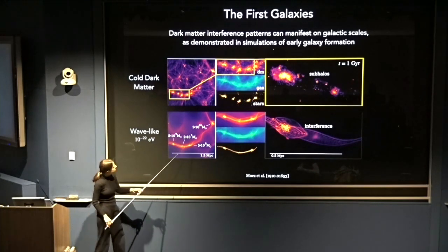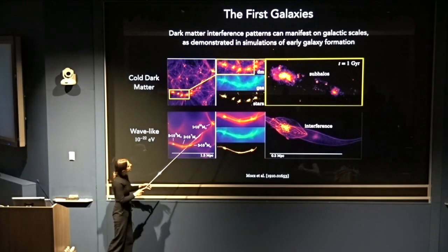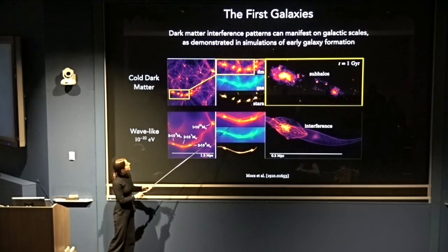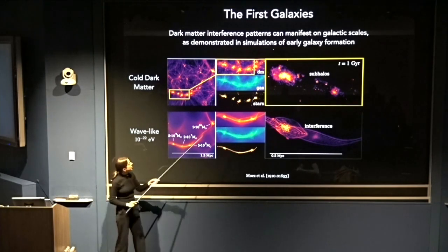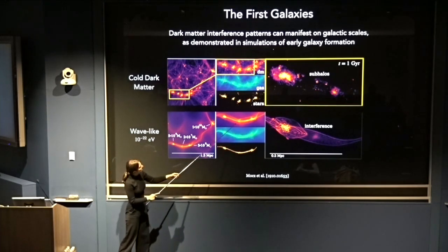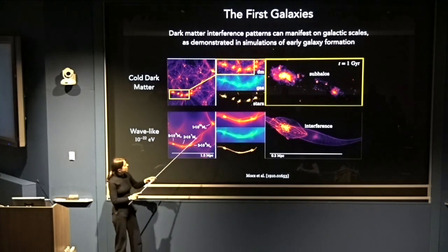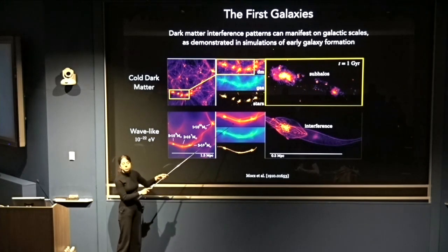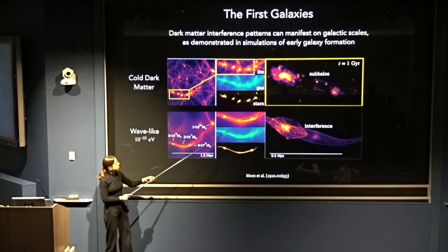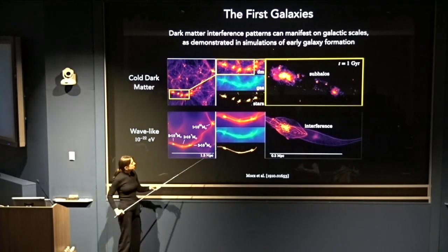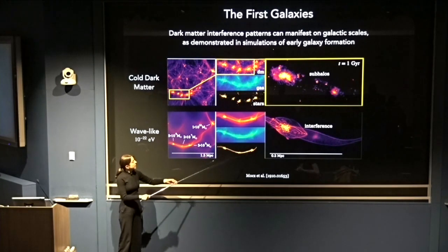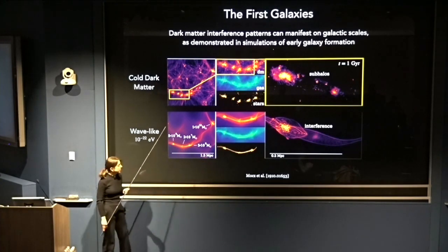If we zoom in on this patch up here, now for wave-like dark matter, we're not seeing as much of those tight clusters. We're seeing more linear-type density here. And because the dark matter distribution is different, the corresponding gas and stellar distribution is going to change as well. So here's what the stars would look like associated with this patch.